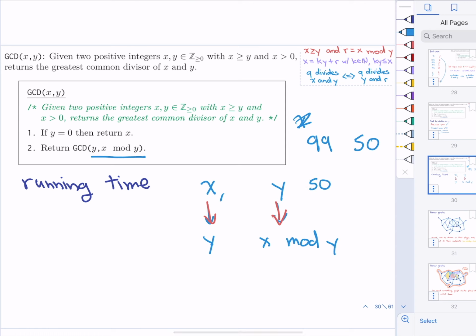This would go to 50, which is a little bit more than 1/2. And this would go to 49, which is awfully close, right? So in that case, strictly speaking, neither number went down by 1/2. Okay, so that argument doesn't quite work,